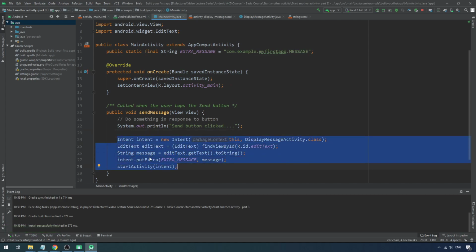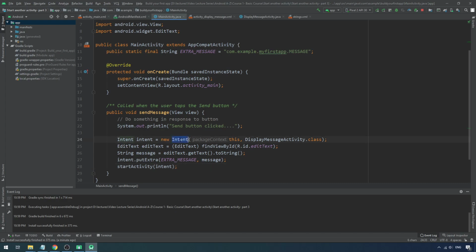Okay, to start with, we understand that these are standard classes in Android. Intent is a standard Android class, so we are creating an object of it. That we can understand. Then findViewById is a standard built-in method in Android, right? We understand getText, toString, putExtra, startActivity. So these are all standard methods. But let's see what these methods are and where they come from, right? Because it's very important for you to have that understanding if you want to become an excellent mobile application developer, right?